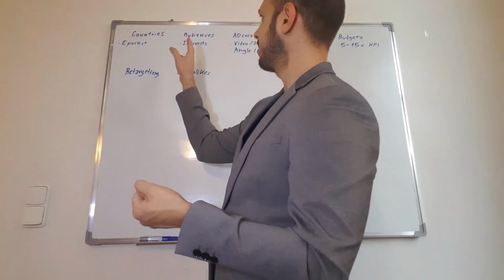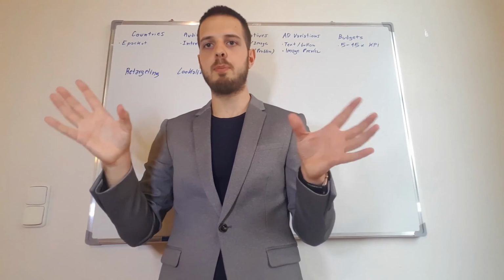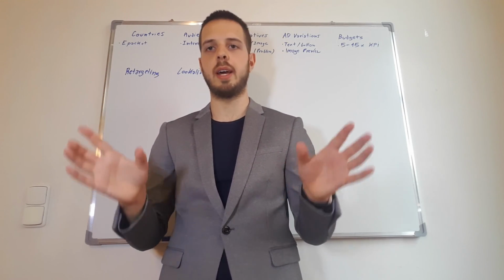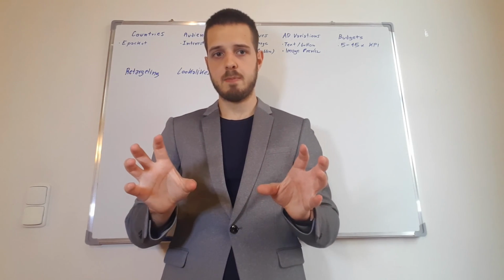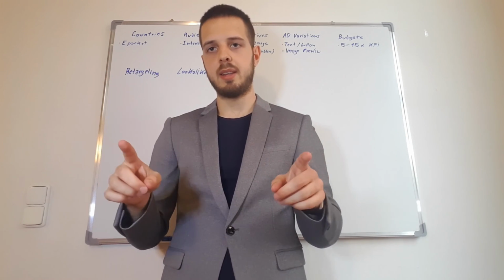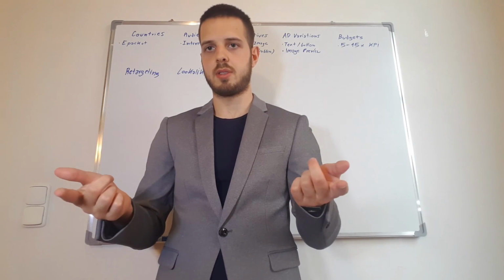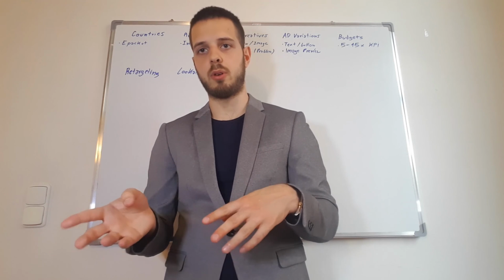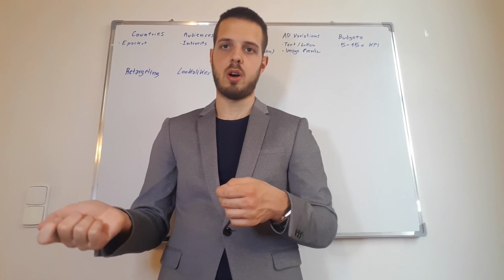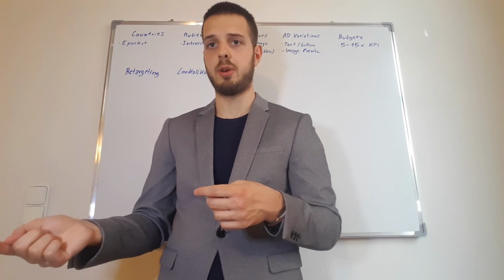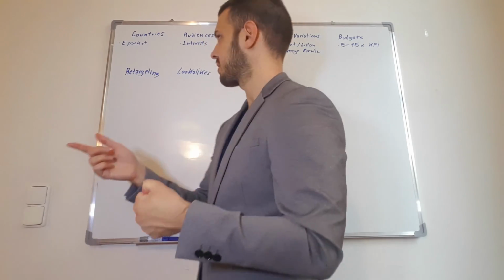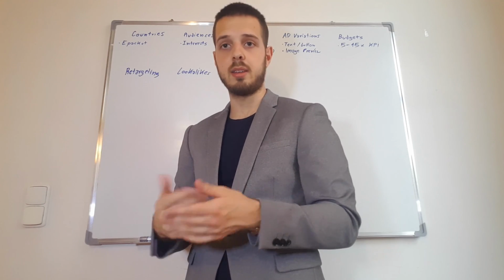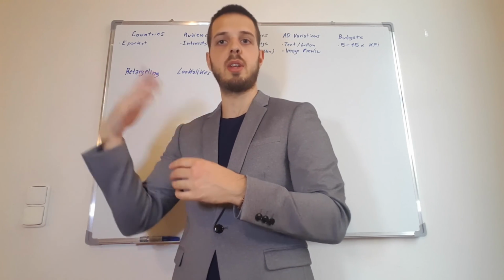But if I create a new audience, because both the campaigns were on a single interest, I can simply decide, okay, I take these two campaigns, I duplicate them, but this time around I will use a different interest. Instead of relying on two ad sets, I'm relying on four, and I'm using a different audience for the new two that I created. And then you can repeat the process. If you see that some of them are working well, that are making some good results, then you can scale them and you can increase the budget.